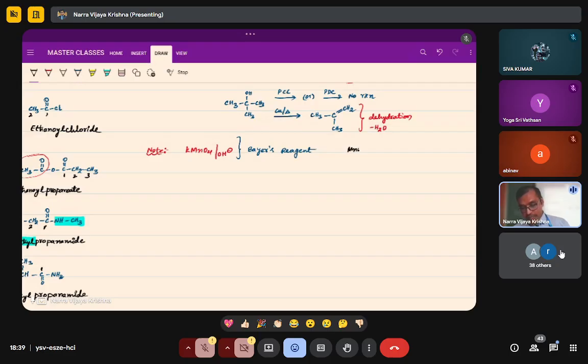Can I write KMnO4 as MnO4 minus? If it is acidic medium, it converts to Mn 2 plus. The same KMnO4, if it is basic medium, then it will convert into MnO4 2 minus. The same KMnO4, if it is neutral medium or slightly alkaline medium,